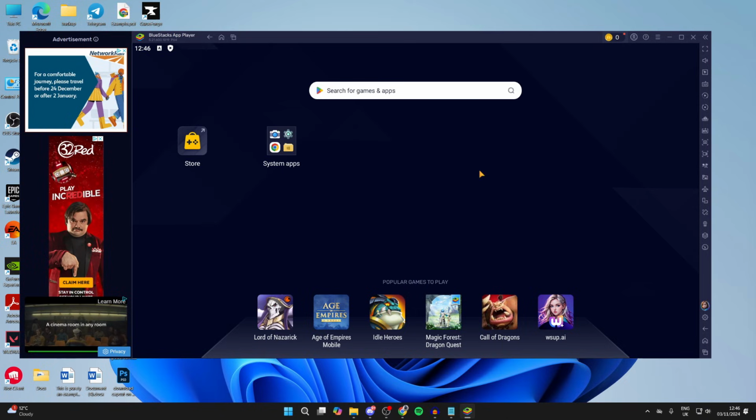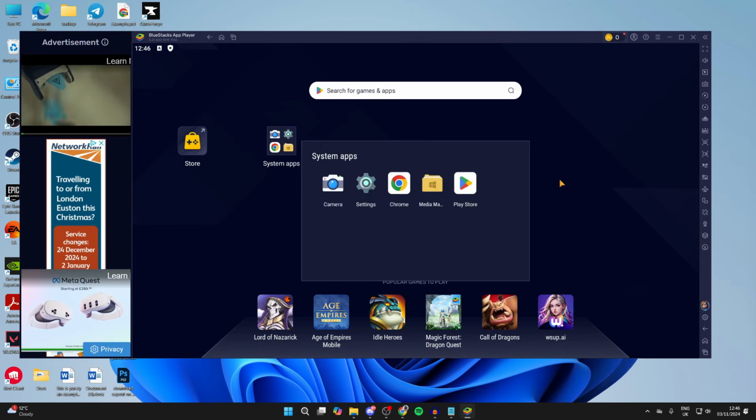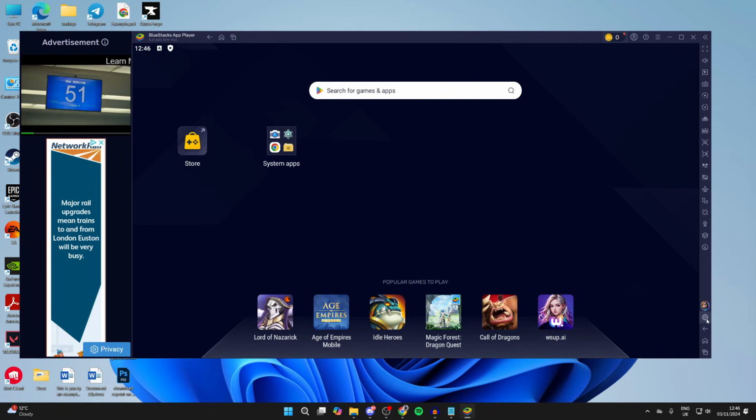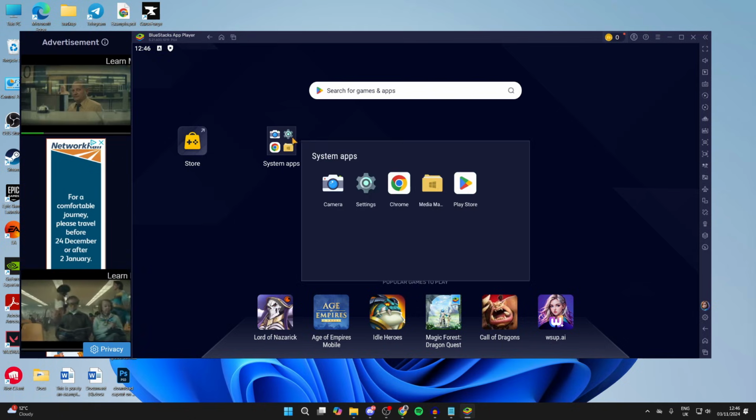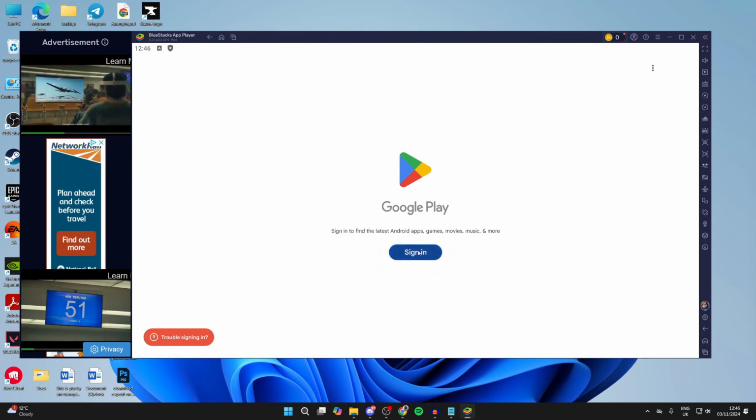So you use your mouse and keyboard as your fingers essentially. Here we've got the system apps we can use. If you need to get to the settings, you can get to them on the bottom right, and you've got some other useful tools as well. So I can open the Play Store and start getting apps. You will need to sign in,